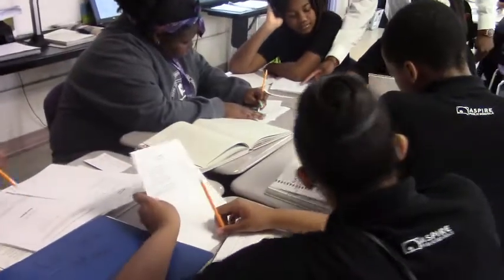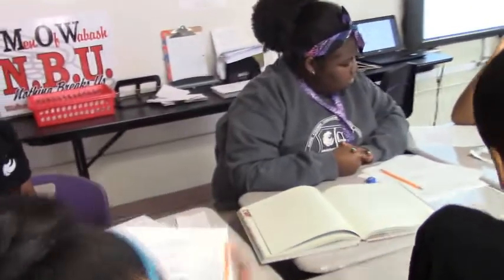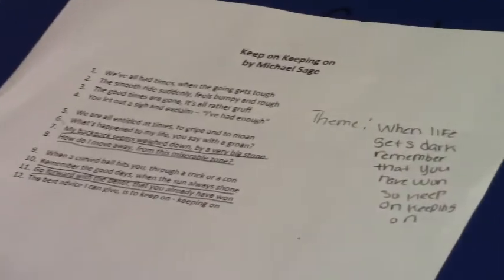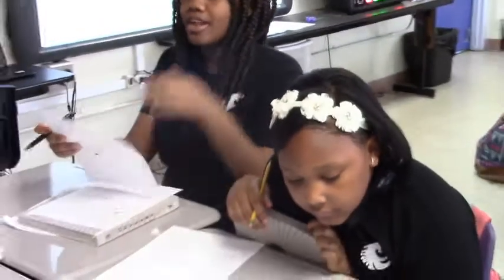So now that y'all have lines 5 through 12, I'm going to look at the stylistic approach, where we have all the lines that we use for stylistic approach. Okay, so I would look at choice and speaker lines and figurative voice and figurative language. I don't see any figurative language. Figurative language, because it's more than one.